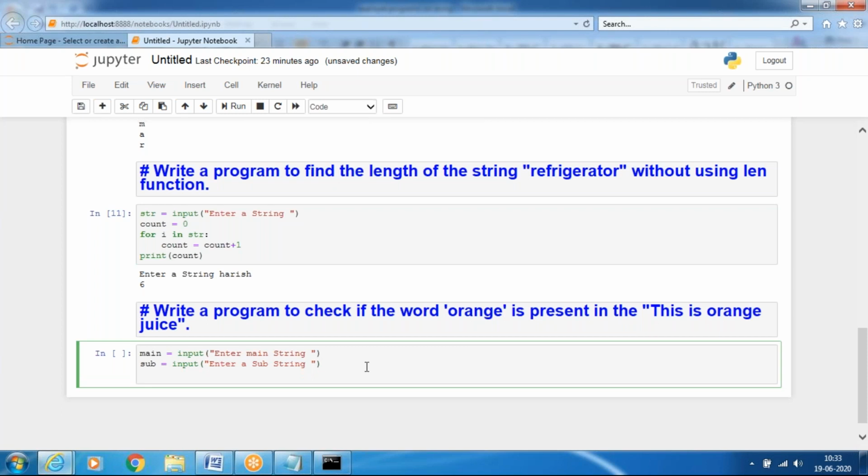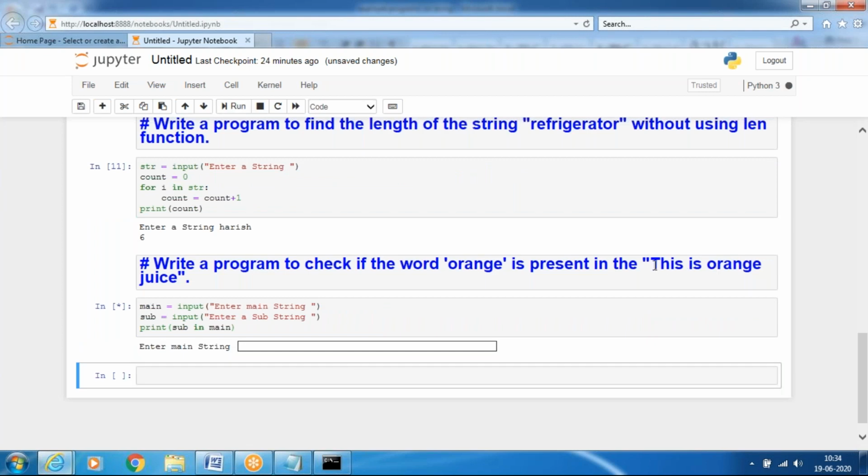Write a program to check if the word orange is present in the orange juice or not. So we'll see whether the word orange is present or not. It will print, so I will use the membership operator, sub in main. We'll run this code.